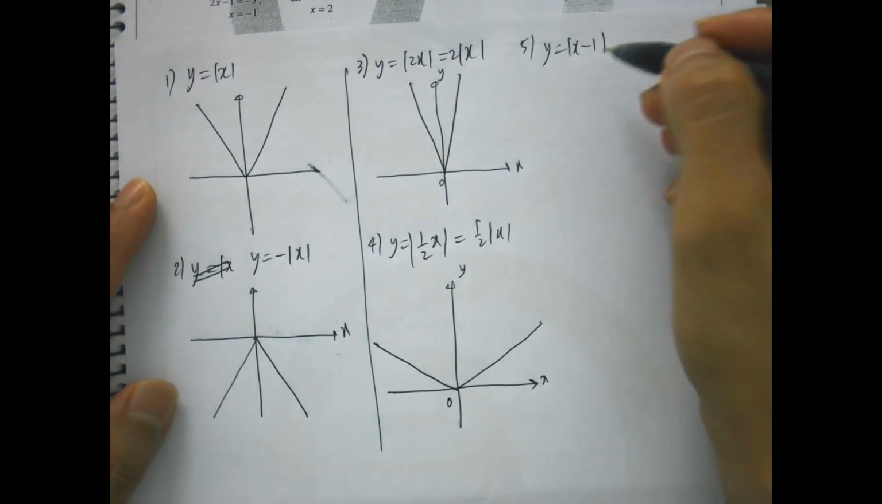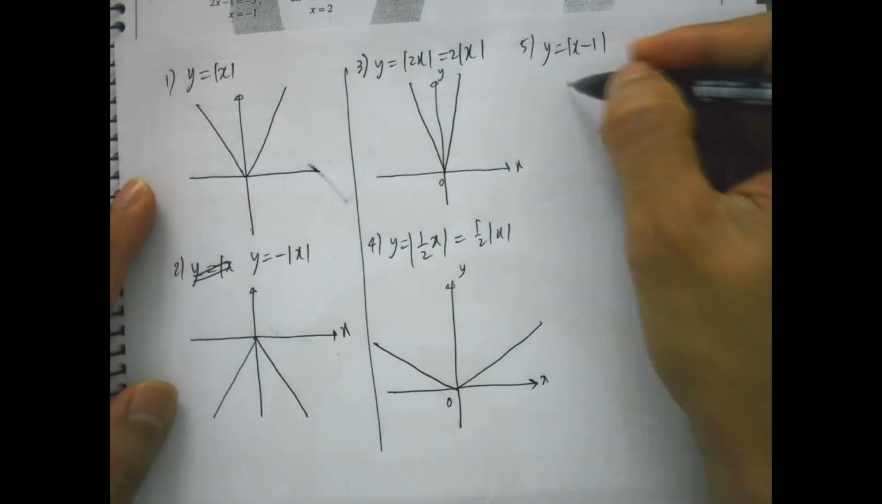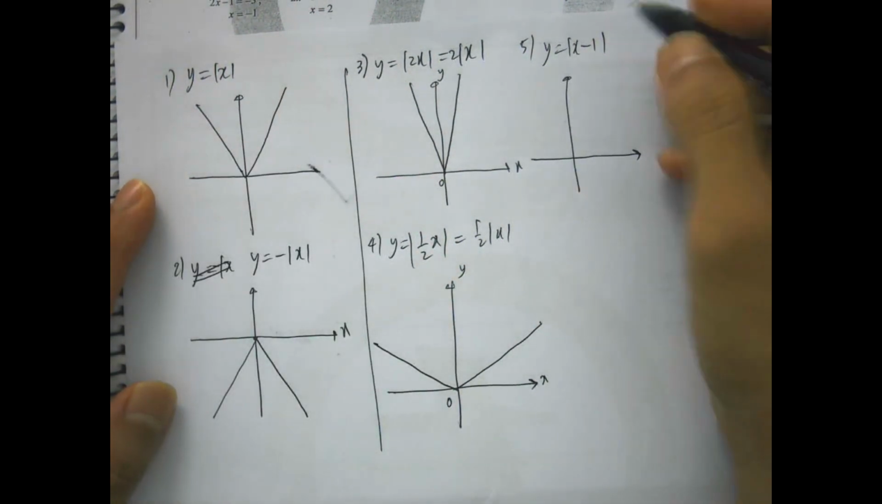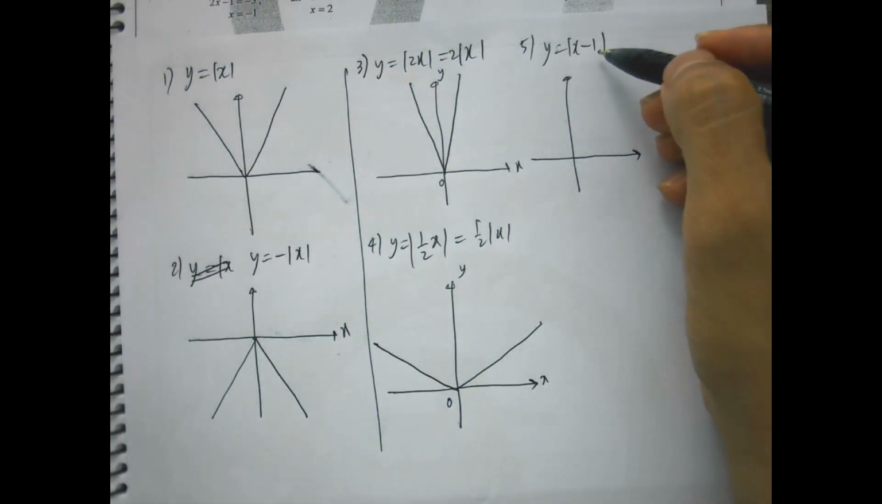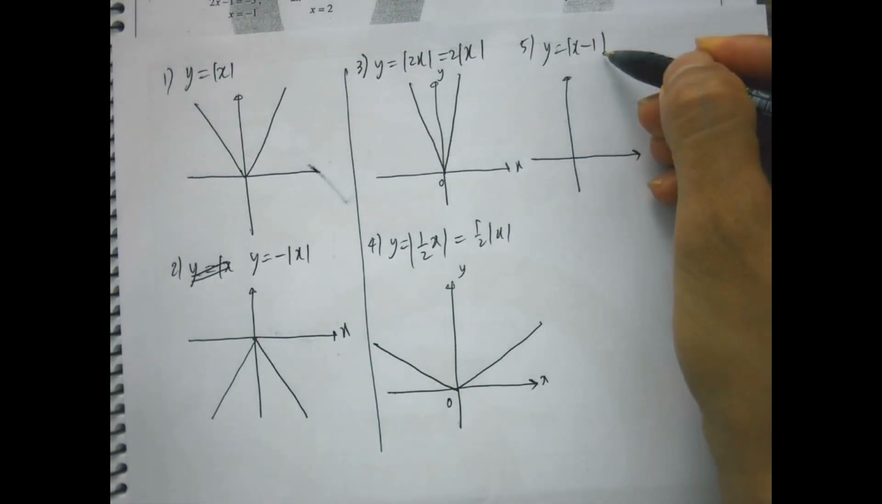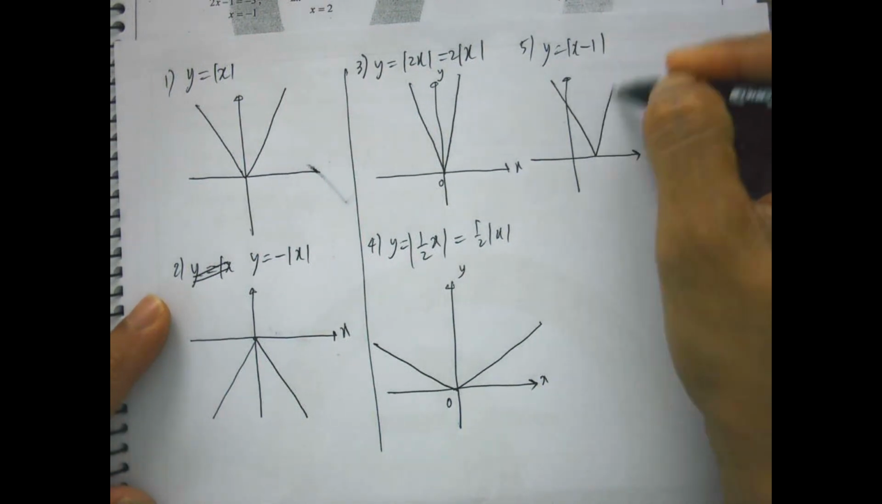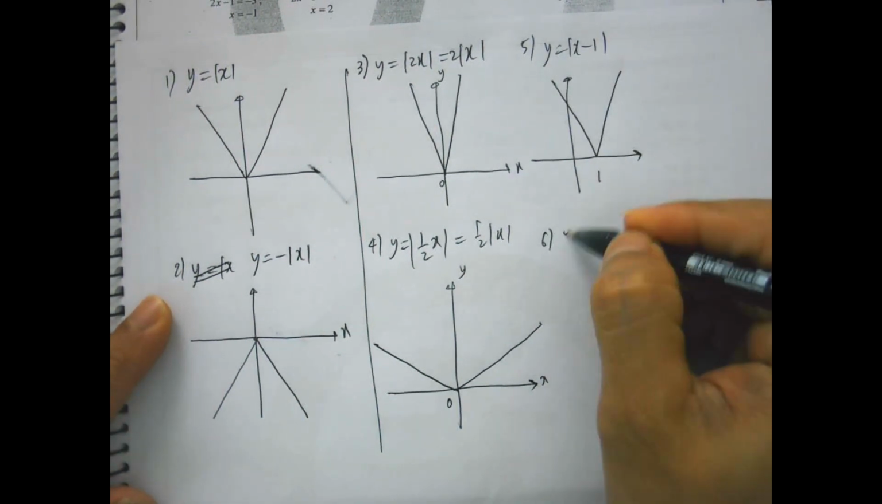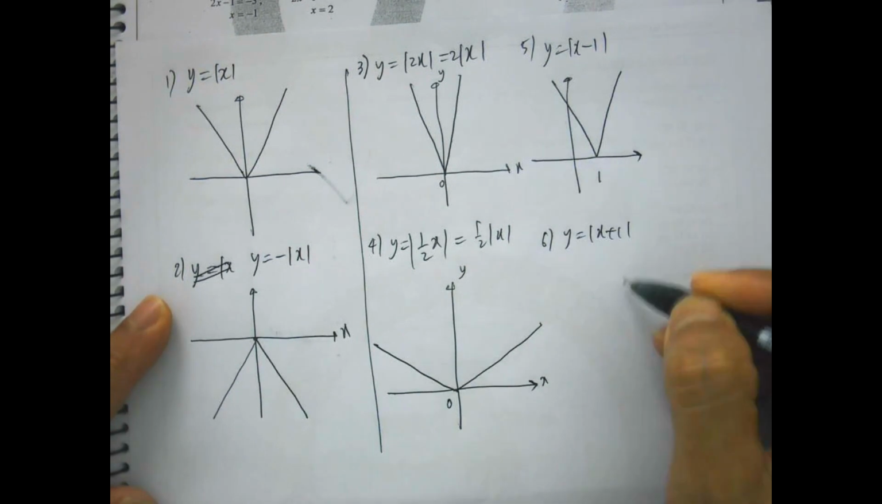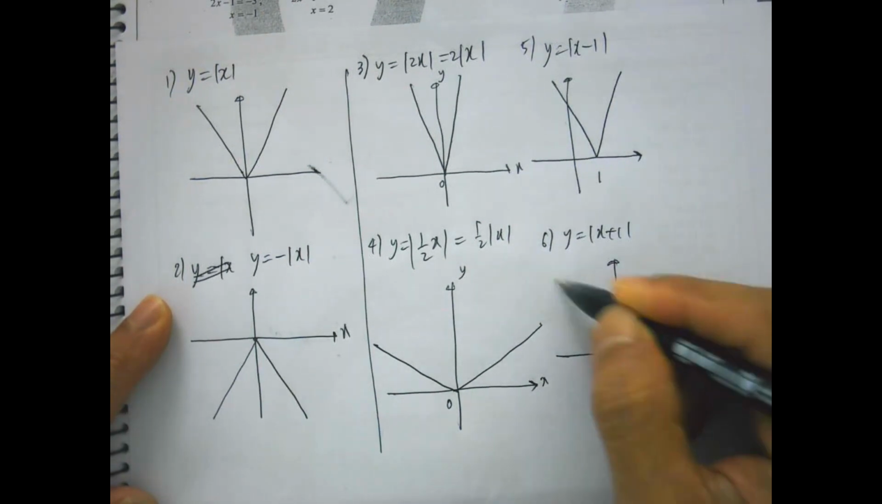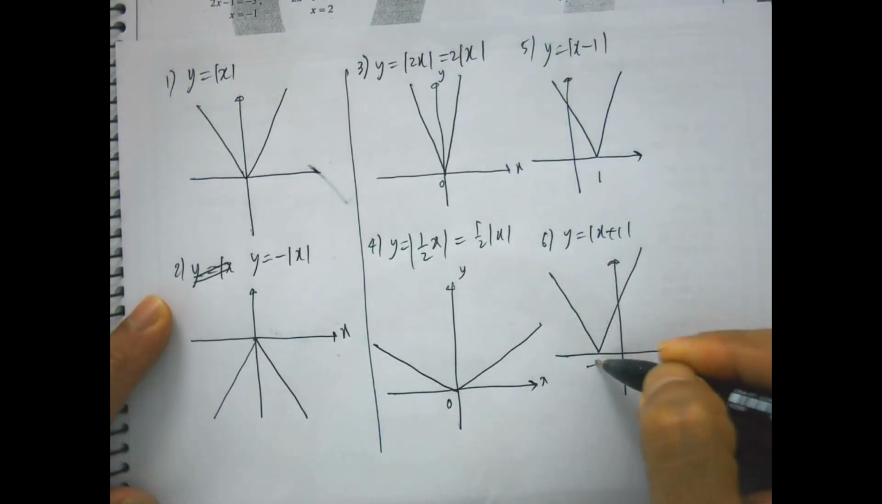So now we are taking this graph and we are shifting it to the right by 1. Just so you know, it applies for quadratic, it applies for any function on transformation of graph. When you minus the x value, you're actually shifting the graph to the right by 1. Okay? Number 6, modulus x plus 1, you are shifting the graph to the left by